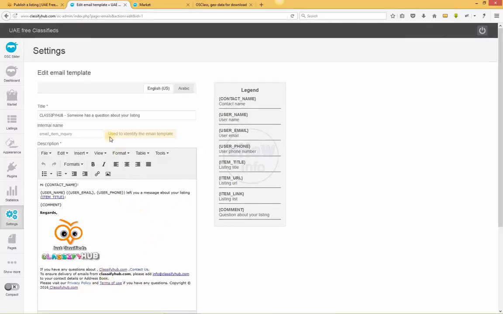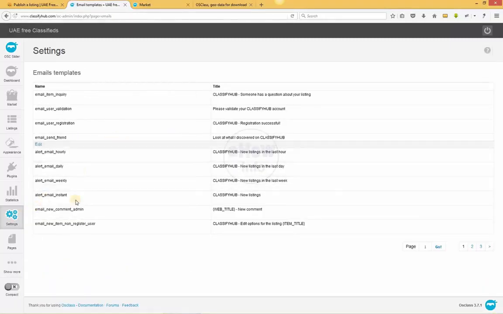But you should hardly change it, because the way it comes and the way it delivers is smart enough, so it is good enough, and you should not change it. Okay, email templates.